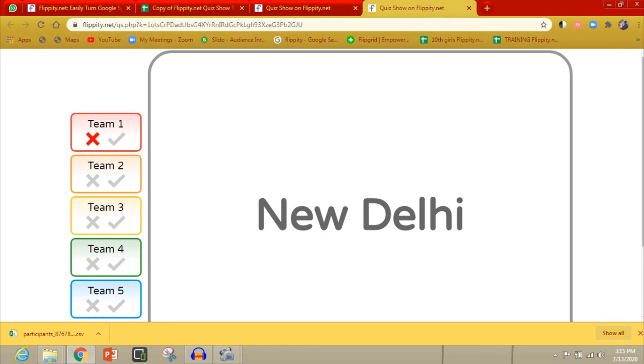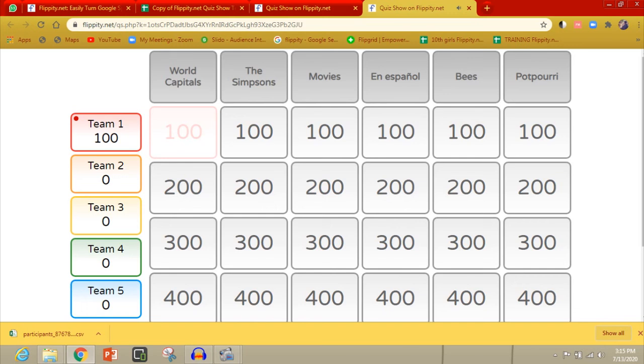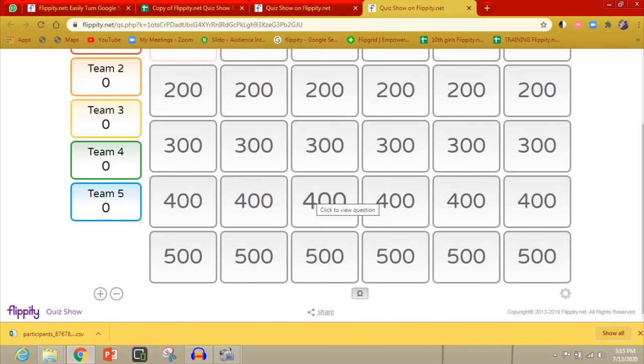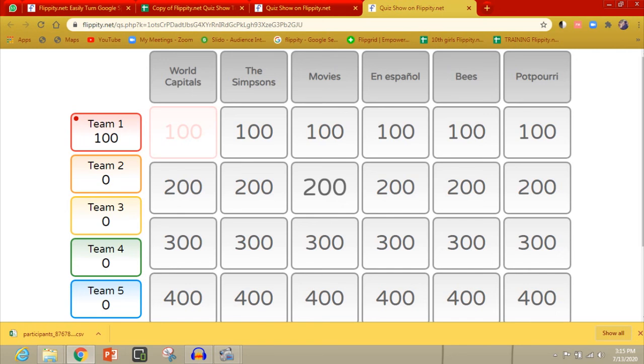Okay, so now my answer is correct, and just click on the answer itself, it will go to the main page. So like this you can play with your students. You can use this as a starter, or you can use this to reinforce the topic which you have taught the students. You can give different topics and ask questions at random. They will choose the answers. To make it more interesting, according to the marks, you can add tougher questions. For 100 marks, a normal question, 200 marks even more, 300 even more, 400 even more, and 500 marks a bit hard question. So the game will be funnier.